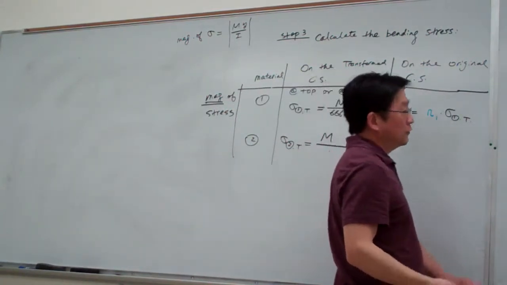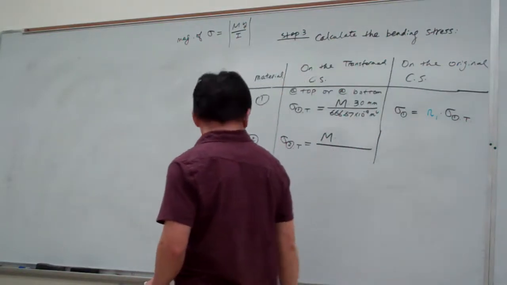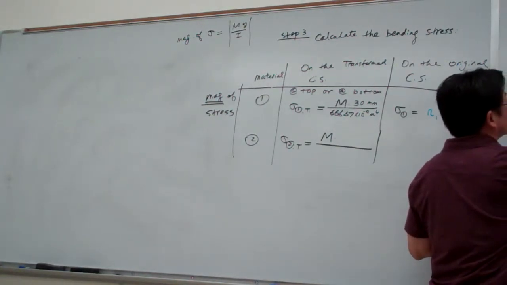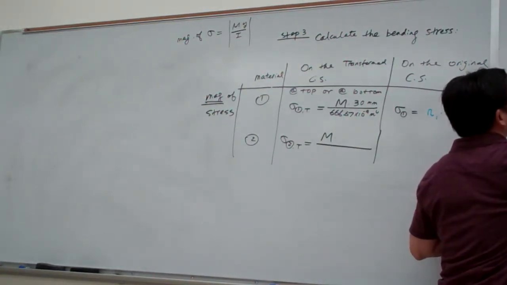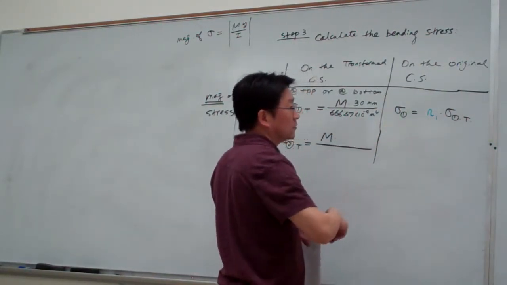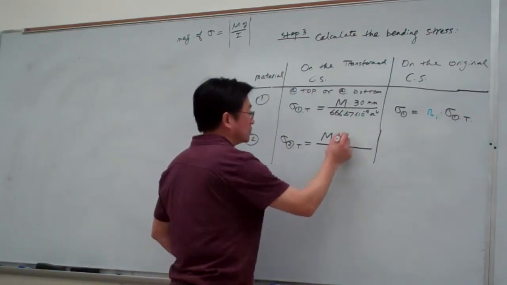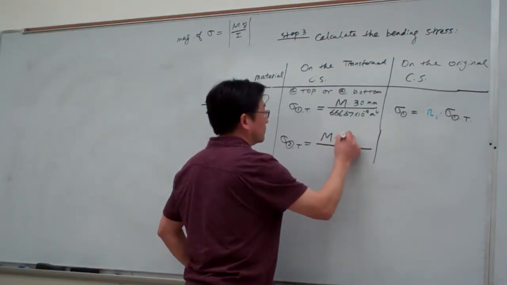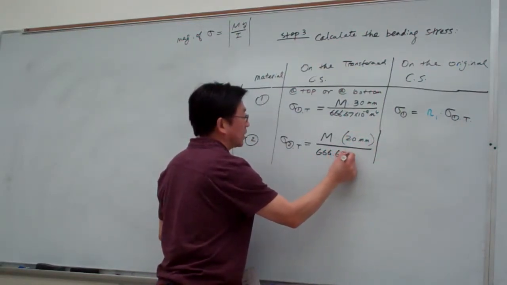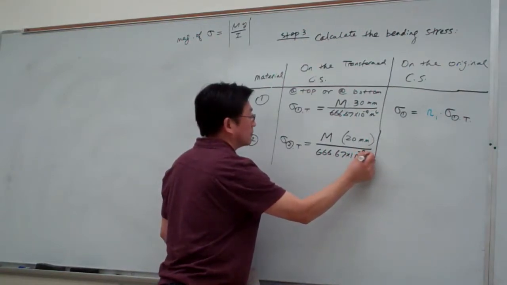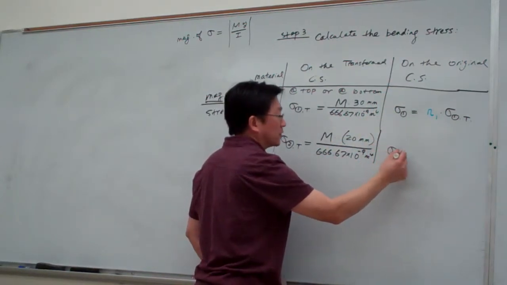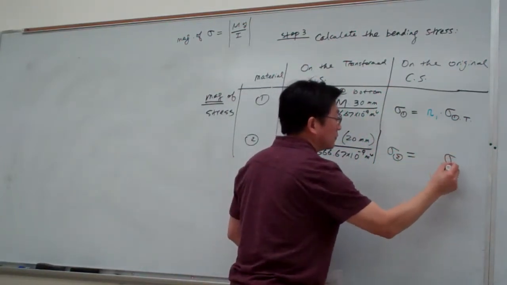Stress in material 2 will be where? Will be here, right? Either this side or this side, as I highlighted. That is the place that is farthest away, the most distance from the neutral axis. And how much is that distance? 20 millimeter, right? And again, 666.67 times 10 to the minus 9. Okay, and now we get back to the original, then the stress in material 2 will be equal to n2